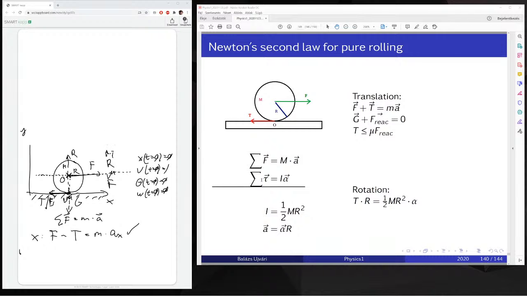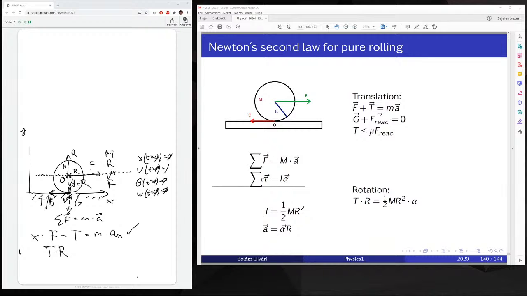So the F times D, but since D equals 0, that will be 0. So let's look at the only force which has any level arm, and the level arm is the perpendicular distance of the force and the axis of the rotation, and in this case this level arm is the radius. So the T rotates via R,